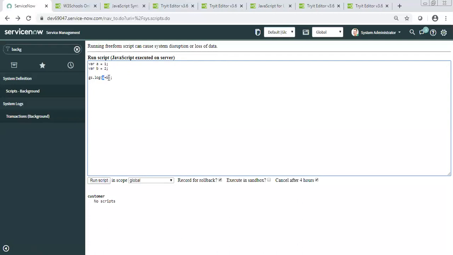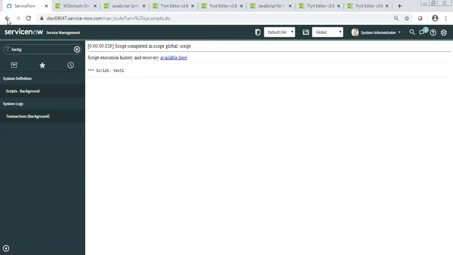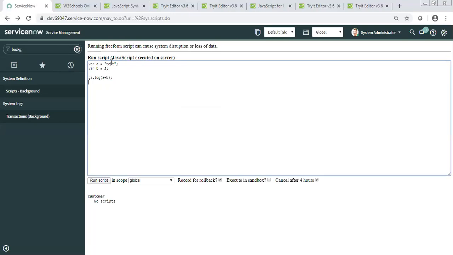When you use the plus sign with two integers, the compiler will understand you want to do the addition. But if you take one as a string, then it will say I need to do the concatenation. So wherever you use the plus sign with a string, the system will do the concatenation.